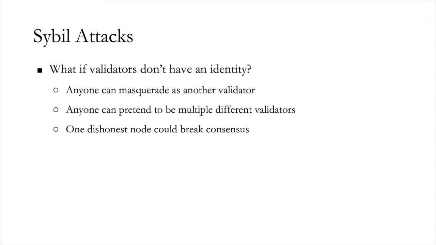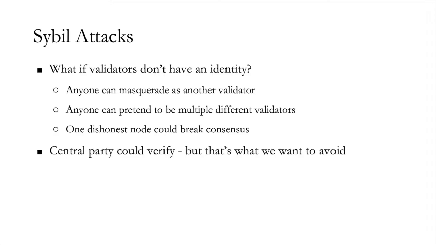So, of course, we could institute some kind of central party maintaining a ledger of identities, which could be kept private by that central party. But then that central party must be trusted, and you would easily end up with the same situation where they have complete leverage over the network because they control the identity authentication consensus. So we want to avoid that. We need some kind of hybrid system where we have the minimal amount of identity required and that also allows for a dynamic validator set while avoiding central identity verification.